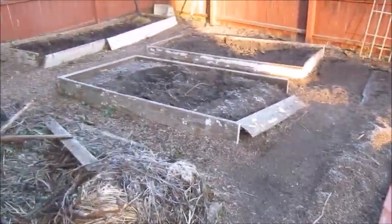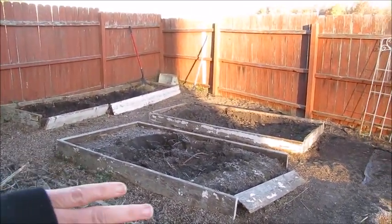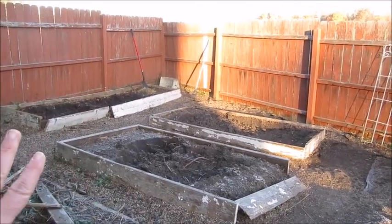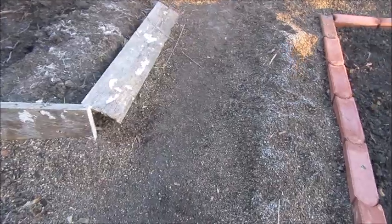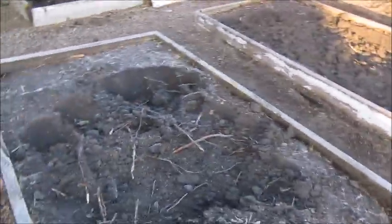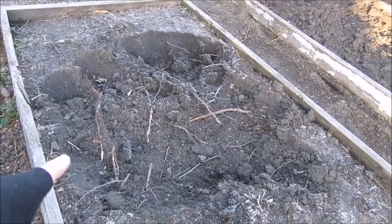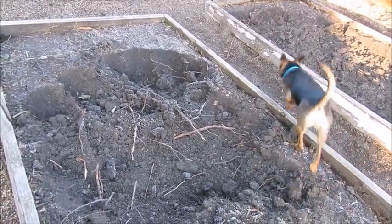So I have been working on this section over here, which was first of all filled with weeds. So I weeded everything. And then I have started moving some of the rocks. Here you can see I've got a big pile started. And then I have also started taking some of this dirt out because there's way more dirt here than I